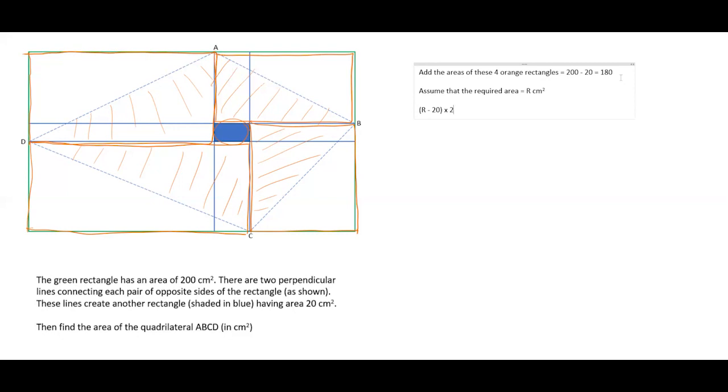For this part, it has been counted twice. For the bottom right part, it has been counted twice. So I hope you're getting what I mean by twice. So this area is equal to this area. So this area has been counted twice. This area has been counted twice. Again, this area has been counted twice, and same for this area, right? So each of the areas have been double counted when we have done this calculation of 180, when we added those four orange rectangles. So essentially, this should be equal to 180, isn't it?